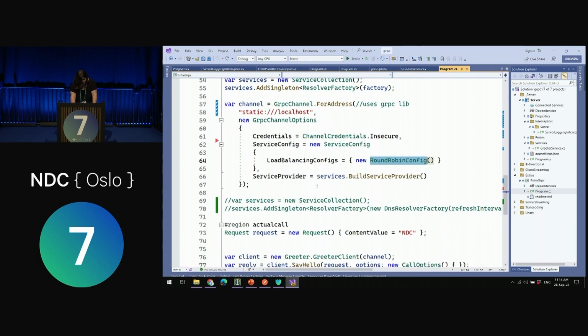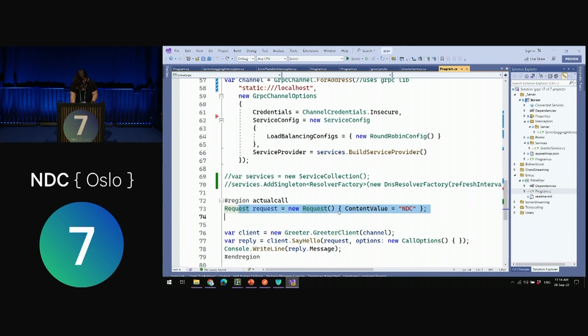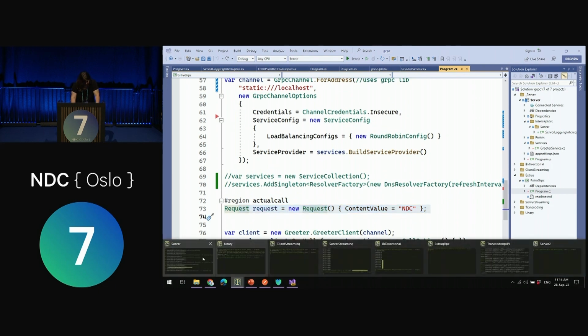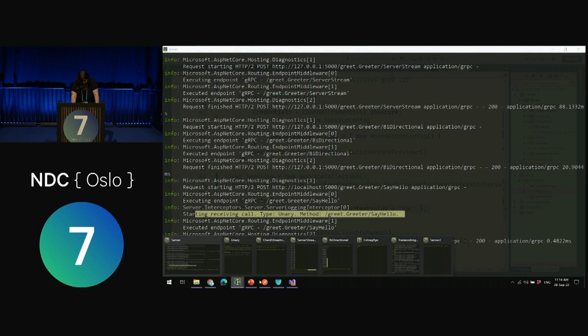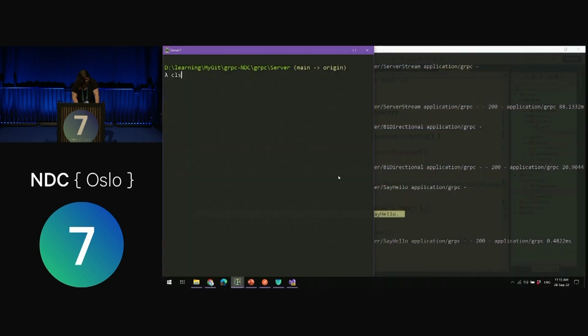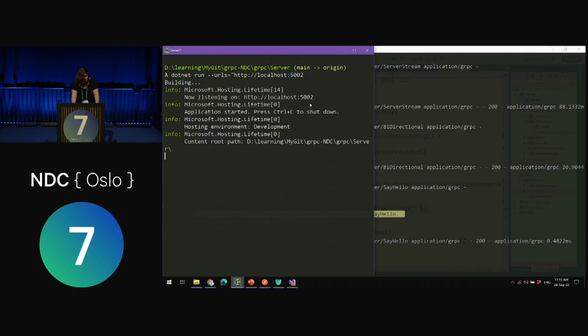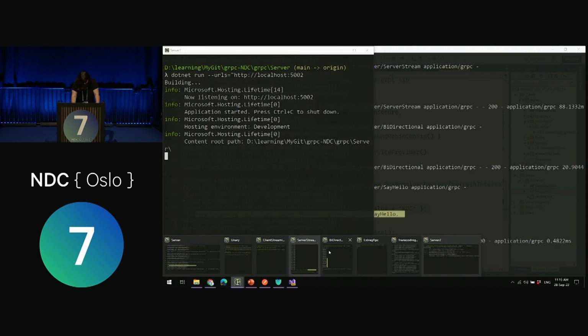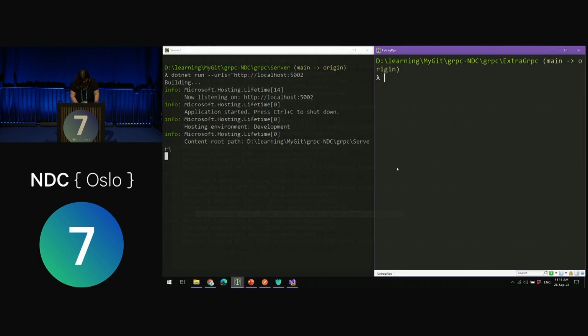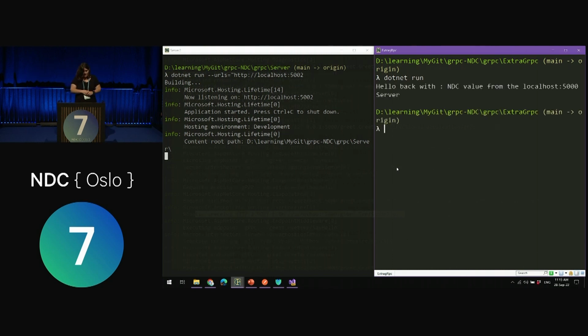So we're issuing requests. I'm going to have the server running. It's still running. And I'm going to have the second server running on port 2002. So 2 instances of the server. And now I will have another console app that will be running and issue requests. And we're going to see, hey, we got hello back with NDC value from localhost 5000. And now if I do the same request